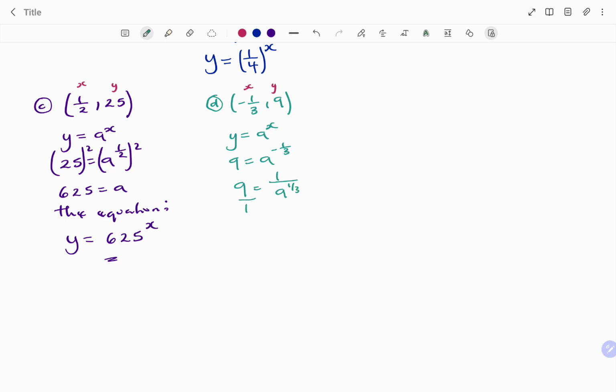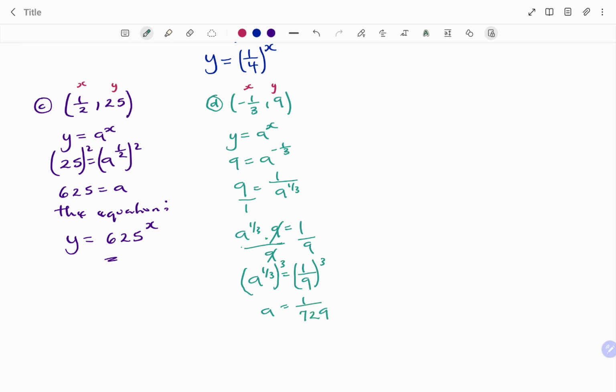That's 9 over 1. If I cross multiply, I have a to the power of 1 over 3, or a third, times 9 equals 1 times 1, that's 1. Dividing both sides by 9, I have 9 divided by 9, that's 1. I'm left with a to the power of 1 over 3 equals 1 over 9. And to find a, I'm going to cube both sides, and cubing both sides means I have a equals 1 over